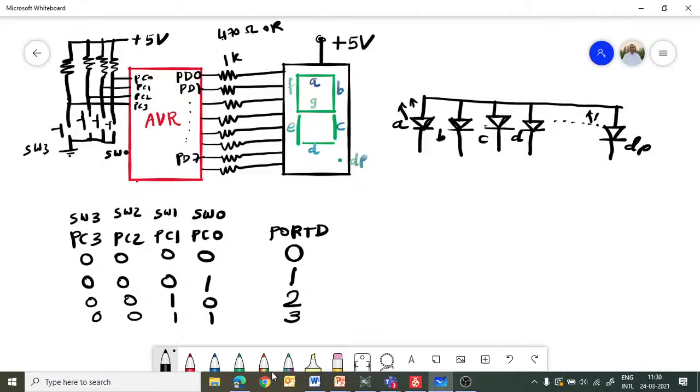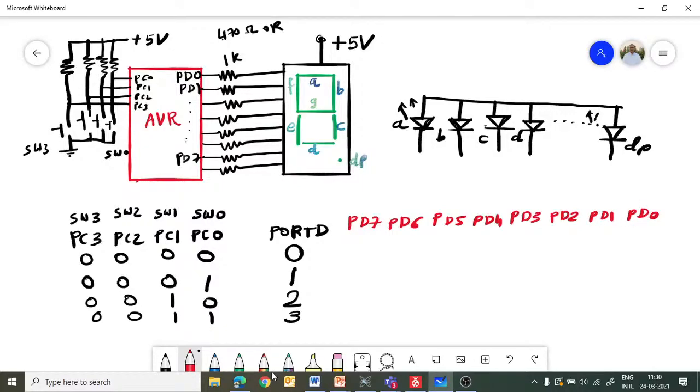Ultimately, to display 0 on this 7 segment display, what signals do I require on the port D pins? I will write them here: PD7, PD6, PD5, PD4, PD3, PD2, PD1 and PD0.